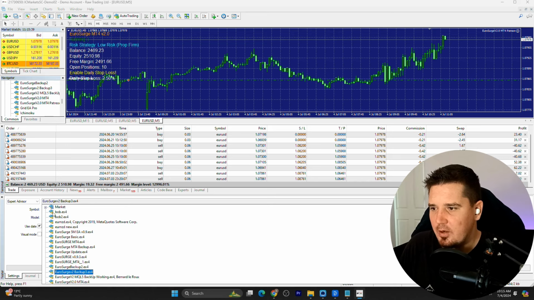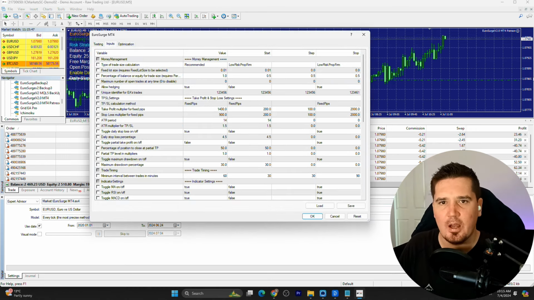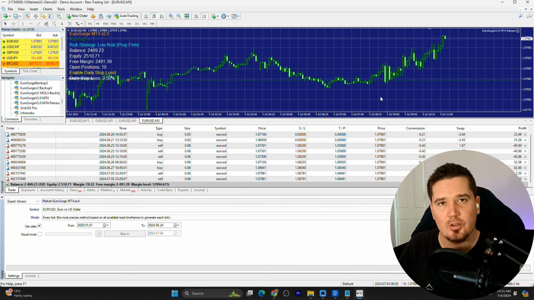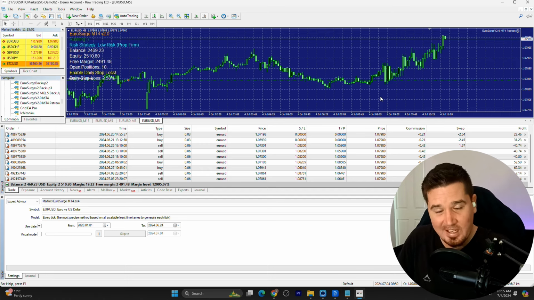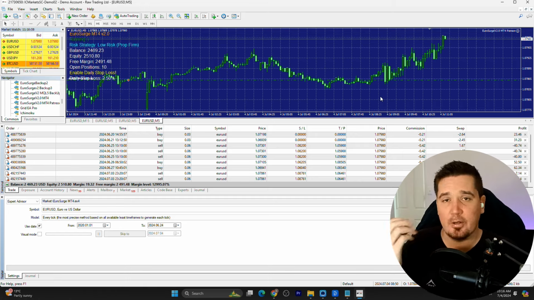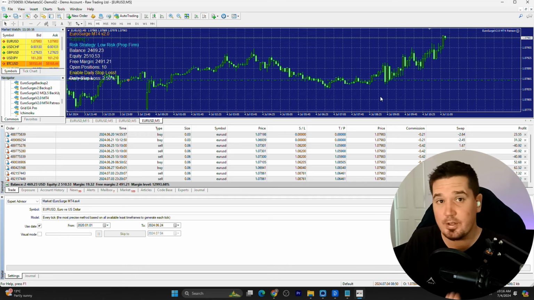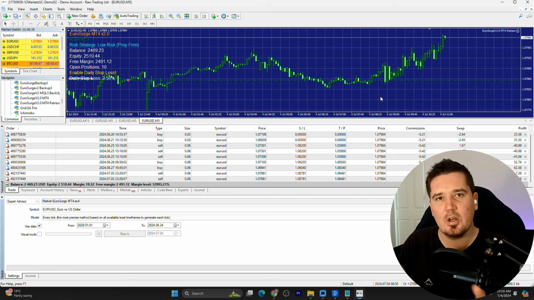So we just find it here. We go to market and click on EuroSurge, and it'll now run any tests without disrupting your trading on the chart, because it can only run one instance using your email. So if there are multiple instances, the server won't allow it. It will only allow one instance. However, if you do want to use it on multiple accounts, you can download FX Blue Trade Copier and basically just duplicate the trading on different accounts. And FX Blue does allow you to adjust your risk per account. So it's not a limitation that I